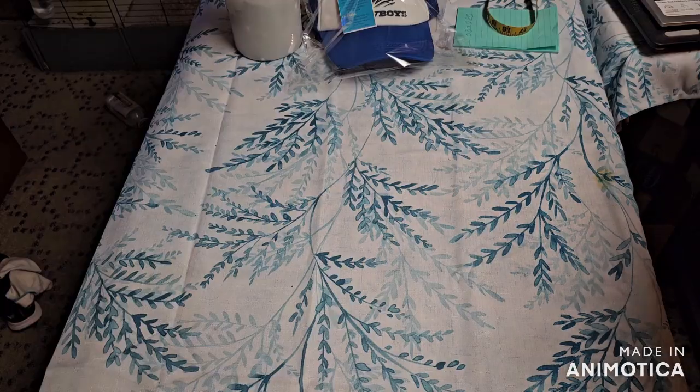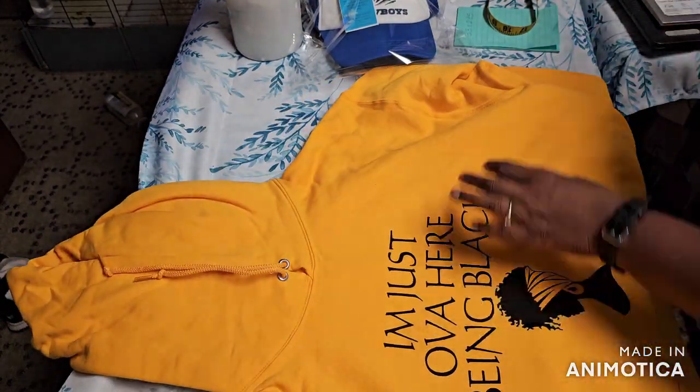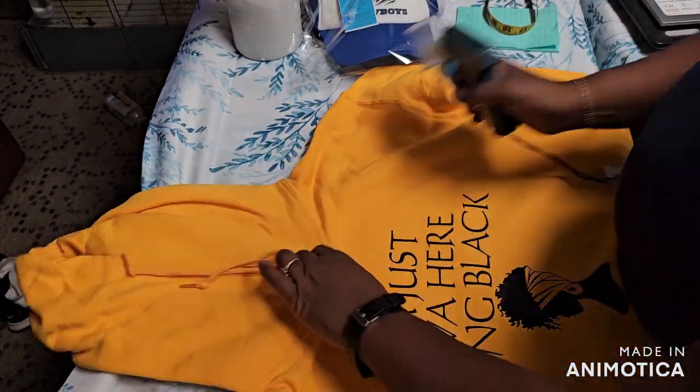So now we're going to move on over to the tip, and we're going to package up these orders. Since this isn't just packaging now for the